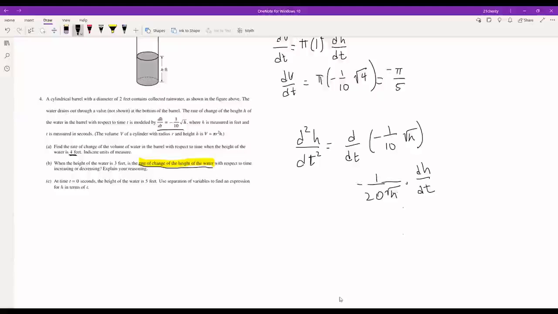So we can plug that in. We can plug in dH dt times, and then these cancel and the negatives cancel. We're left with 1 over 200 feet